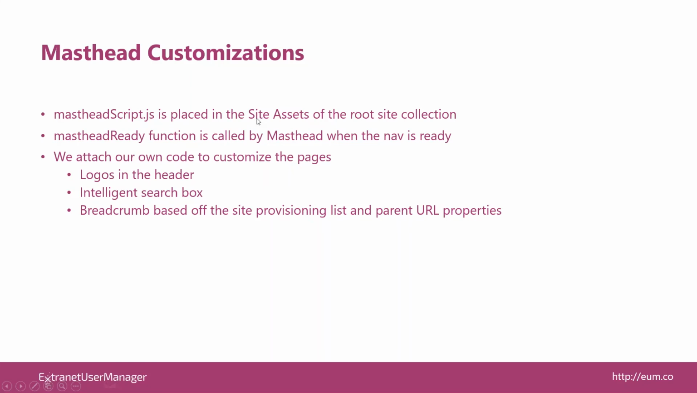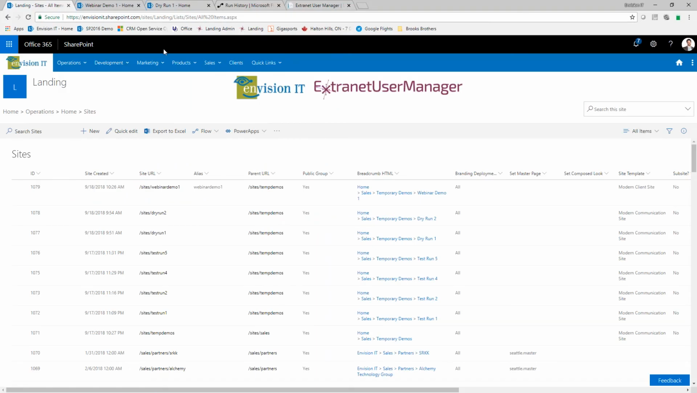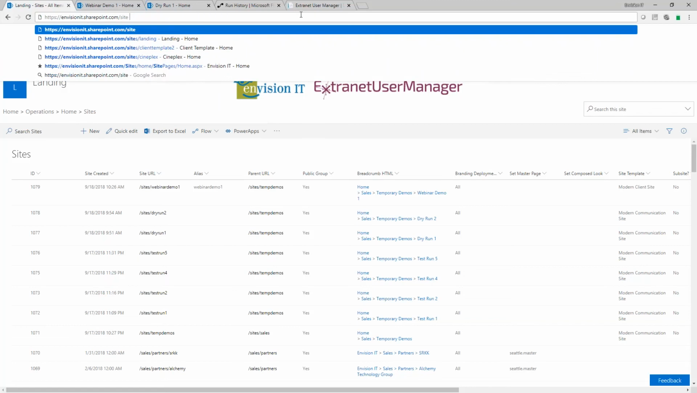And basically what happens is Masthead looks for a file called mastheadscript.js. You put it in the site assets of your root site collection, and there's a function in there that gets called whenever the nav renders. And basically you can attach your own code in there to customize what that looks like. So let's have a look first at where that is. So if we come back to our site, if I go up to my root site and site assets,